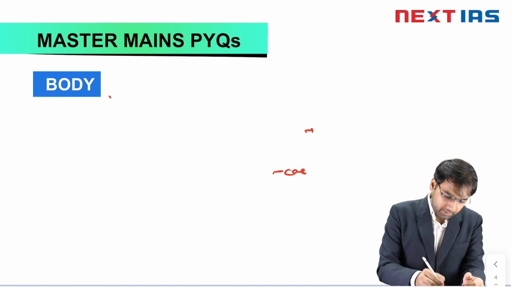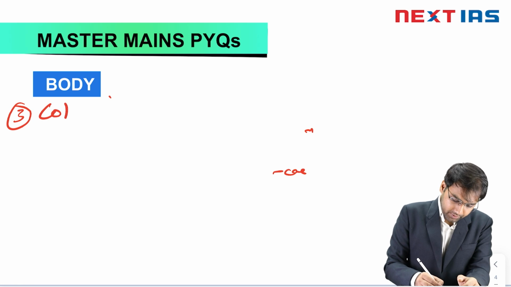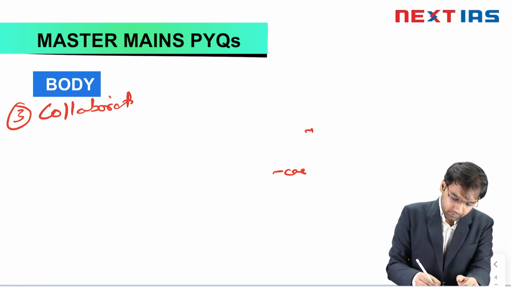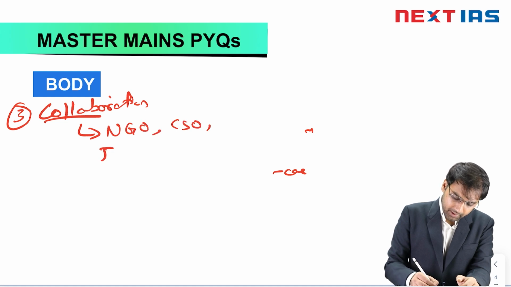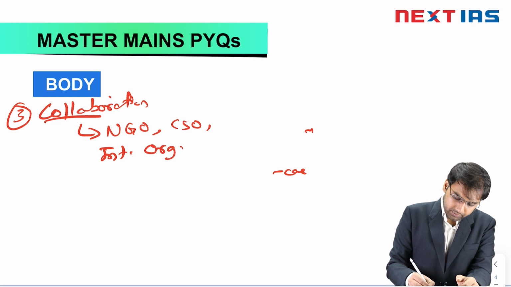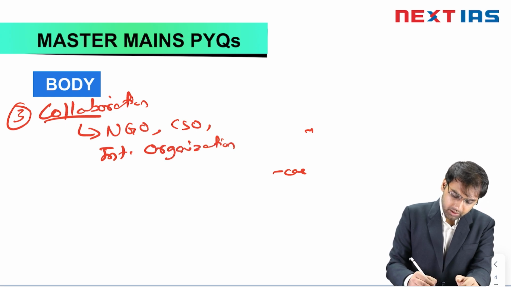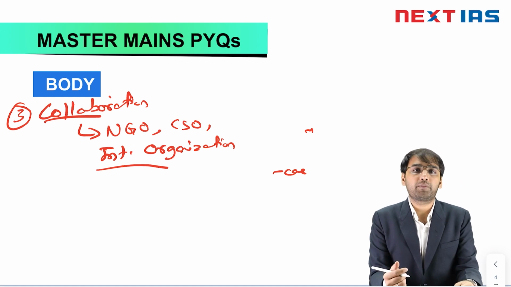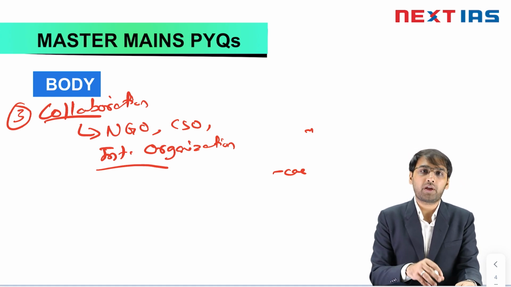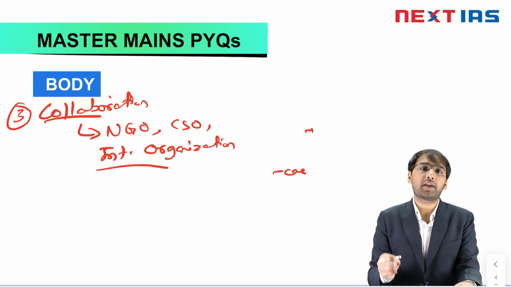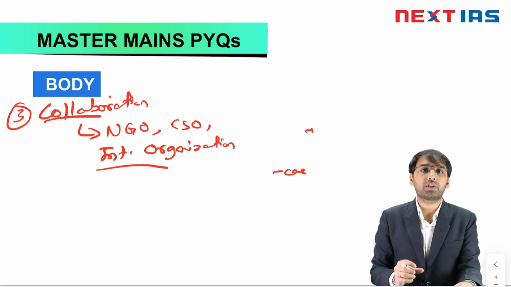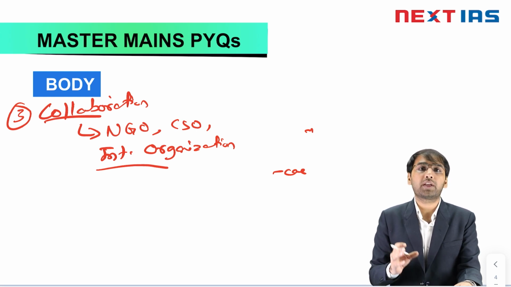Now, what other measures can be taken? Third is collaboration, with NGOs, civil society, international organizations, and having a partnership with them, so that they can lend a helping hand to ensure the skilled workforce gets decent employment. The kind of work Akshaya Patra is doing, the kind of work Pratham's ASER survey does. We should effectively utilize all this data and helping hand